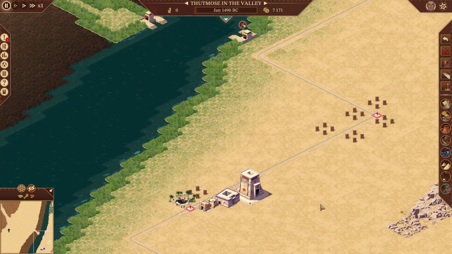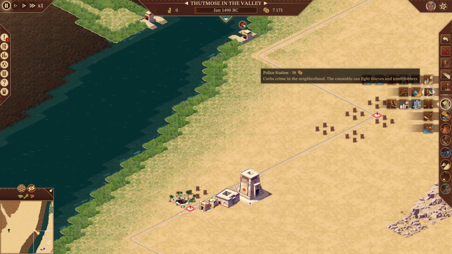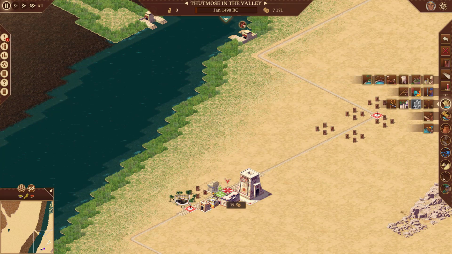To get our culture, we're probably going to use morticians and dentists to give us our perfect health care. I'm going to put a policeman in here. So 1, 2, 3, 4, 5, 6, 7, 8. Let's put 10